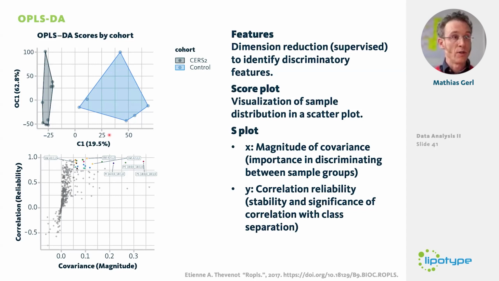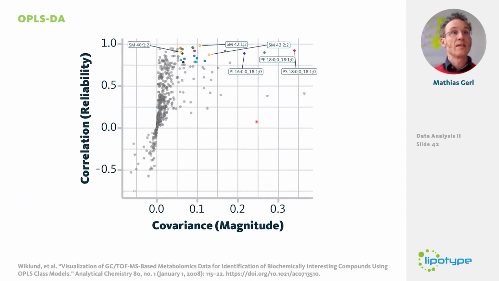So you can also do a loadings plot like before, but you can also do an S-plot, as we've shown here. On the x-axis, it shows the magnitudes. This is the absolute covariance values that show the contribution to the separation. So the higher the values on the x-axis, the higher the contribution to the separation by the model. And on the y-axis, you have the reliability, the correlation that tells you how stable